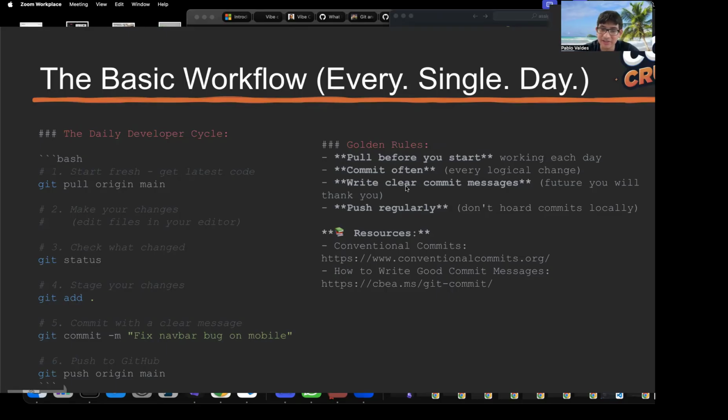Another thing is you have to write clear commit messages. This example, fix navbar bug on mobile, I'd say that's pretty clear. But if you just write something in emojis or just say fix bug, no one's really going to know what that means, and they'll have to look at the code you committed, which can take more time.